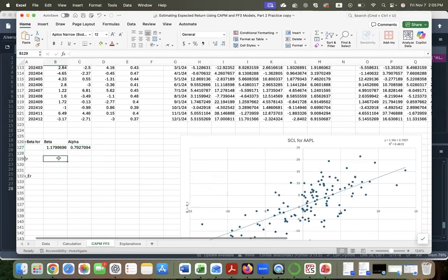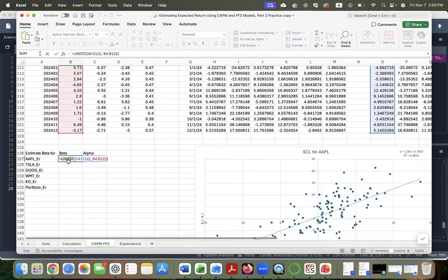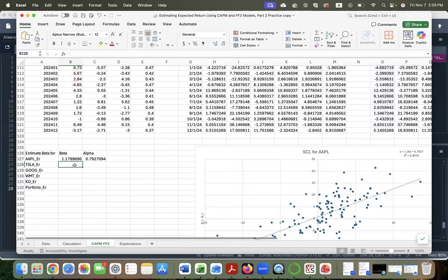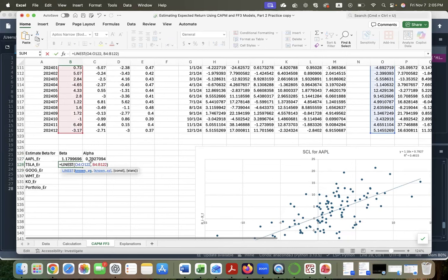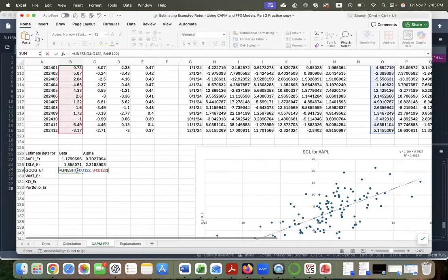So I got beta 1.1799, which is essentially 1.18. Perfect. And alpha was 0.7927, and here 0.7927. So I got exactly the same alpha and beta. That's great. I can just keep doing this 6 times, or maybe a little bit easier is to just copy this formula and then paste it, and then here change letter O to P, which is my next variable, and then to Q for the next variable,